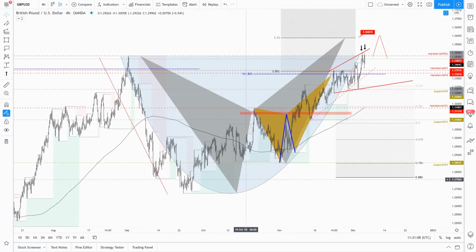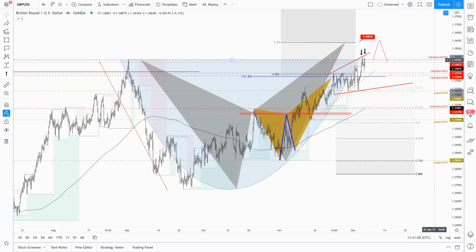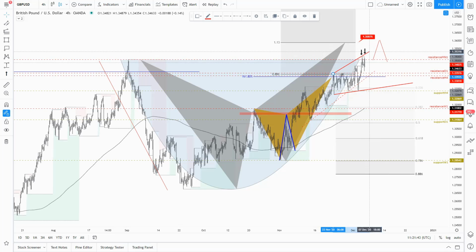I'm not sure if I shared this as a potential cup and handle yesterday, but the retracement back from those levels will suggest the formation of a handle for this cup, which may put cable trading a lot higher from this price zone, quite a few points above the monthly fractal. But let's wait and see. For now, not so clear, at least for now. Let's wait and see.